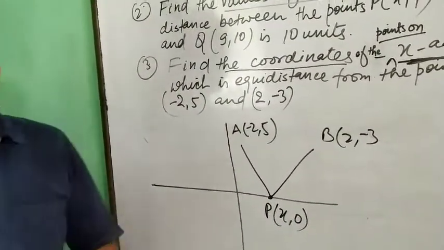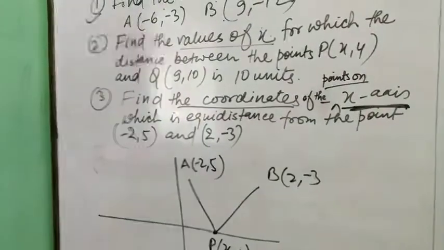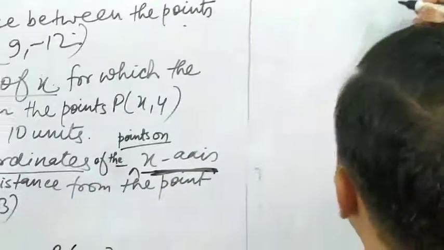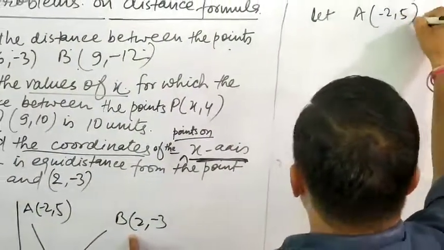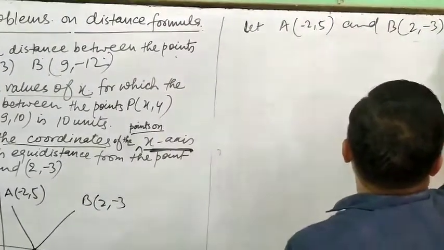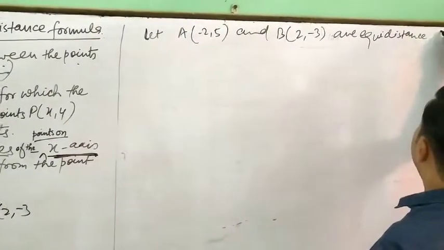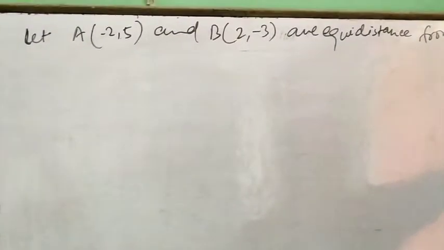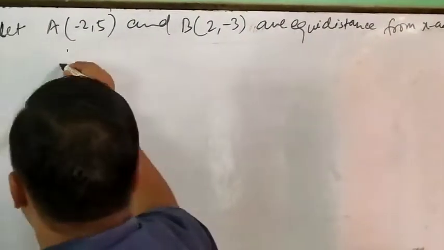Okay. Now let here A, -2, 5, and B, 2, -3, be equidistant from the x-axis point P. So the coordinate